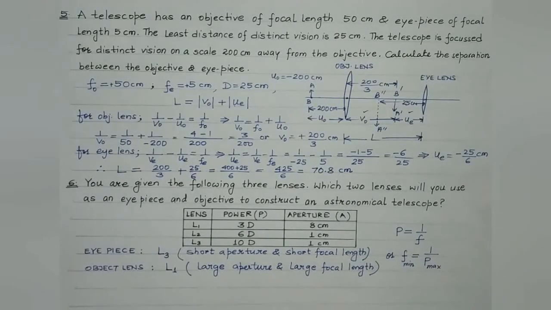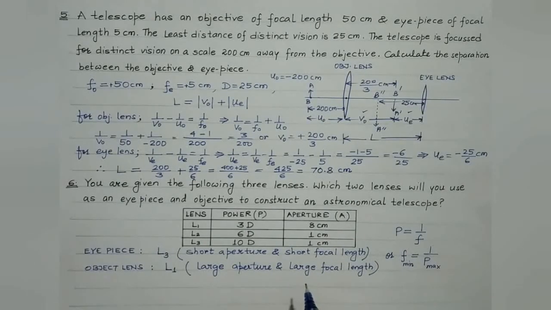Right? So from these considerations, it's pretty clear that lens L3 should be used as the eyepiece, while lens L1 should be used as the objective. So students, I hope while doing these questions, several theoretical concepts are clear, and as I stated earlier, physics without numericals is nothing. Actually, if you are not able to do numericals, then you won't be able to fully understand the concepts in physics. So do practice as many numericals as possible, right?